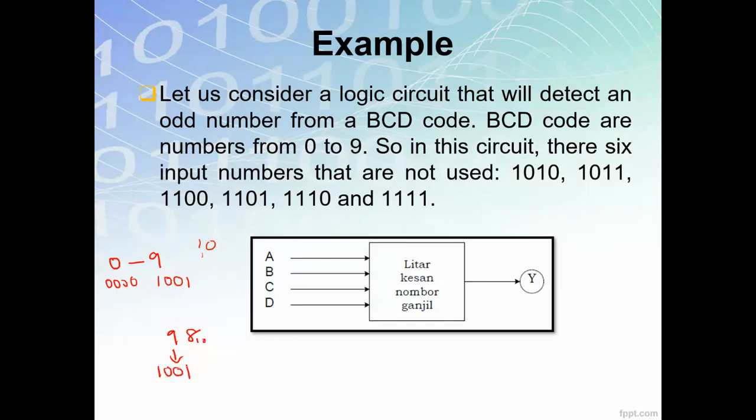Dia tak digunakan, sebab kalau kamu tukar 9 pun of the decimal number, dia jadi 1001, and then 1010 BCD, dia tak ada nilai dia sendiri. So therefore it's not being used. So jadi 1010, 1011 and 1100 ni, untuk 10, 11, 12, 13, 14 dan 15, it's never been used. So kalau kita design satu litar yang mengesan nombor ganjil with the binary code decimal, maka with the 4